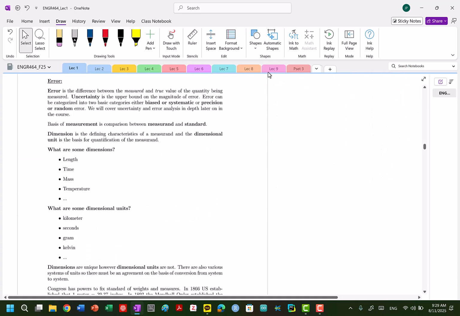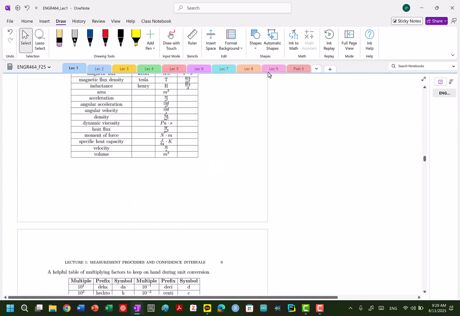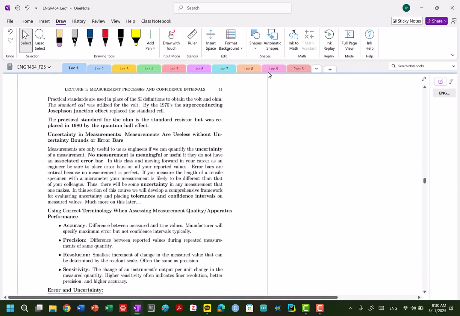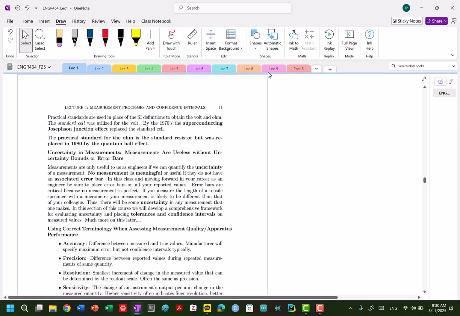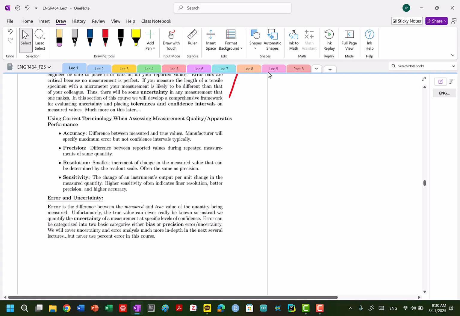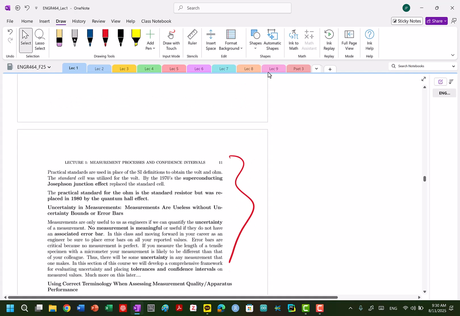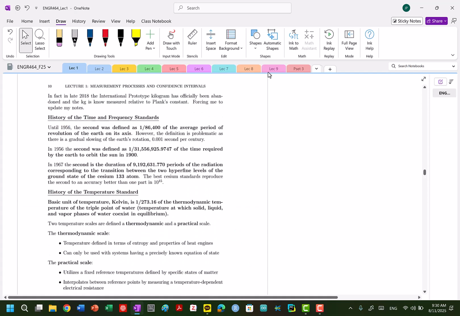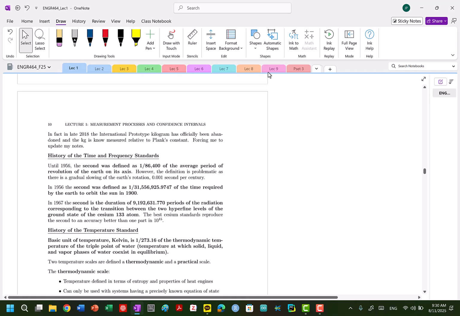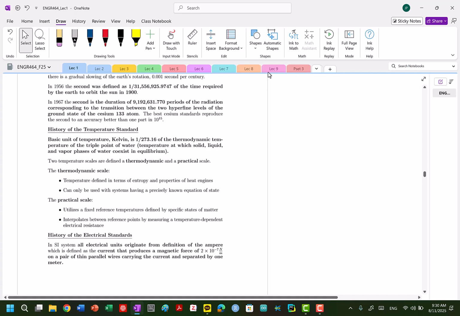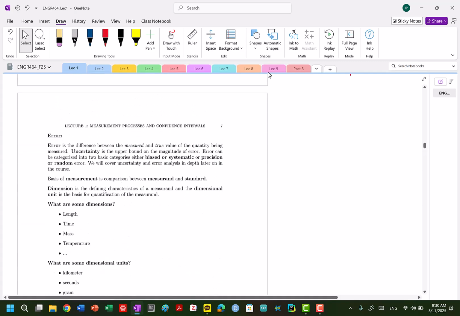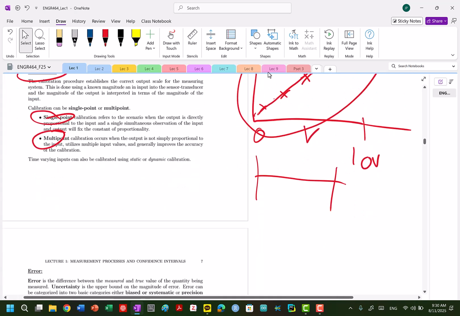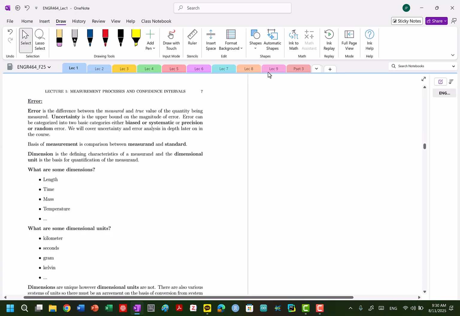All right, that's it. Next time we're going to get into error and start to get into some statistical talk. There's lots of fun. I'm not going to go through this, but you can see it in the notes. And actually, one last thing before we go, or actually we'll get into this in the error analysis. There's lots of fun discussion here, and you can see in the notes too about the history of some of the standards. I have some old videos that go into a little bit more detail. This is a fun little section that I like to include because it is fun. But next time we're going to get into error analysis, and we're going to get into some statistics.